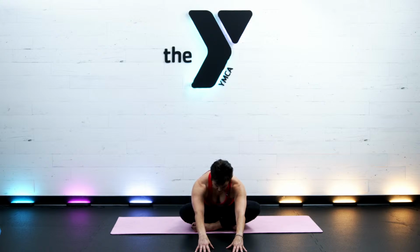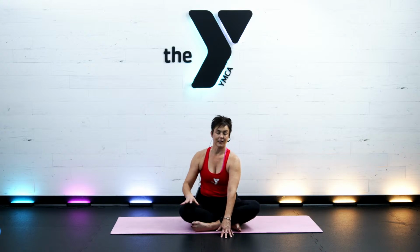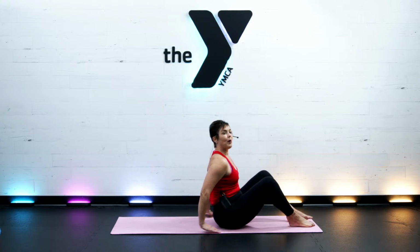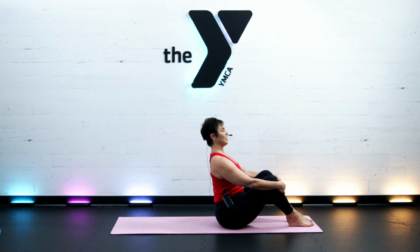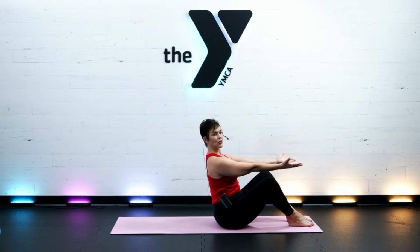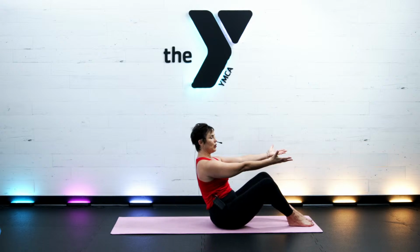Zip up your pelvic floor muscles here. And then walk yourself back in. Nice. We're going to sweep the legs forward, coming all the way down to our backs, but we're going to do that in the mat Pilates fashion. So shoulders up, back, and down. Spine is straight. Arms can come out like you're serving a tray, and we'll do that kind of hesitation thing, that pulsing thing. So create a kind of hollow middle, sucking your core tight, but not so that you can't